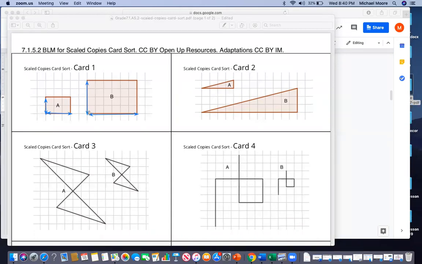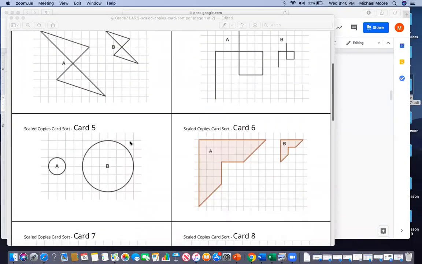Or if we use our horizontal plane, 1, 2, 3, 4, 5, 6. So we'll have 6 in our numerator, and then we'll have 3 in our denominator, and that also reduces to 2. So that is some practice on some of the shapes that we worked on in class. Let me just scroll this up. We also practiced on the